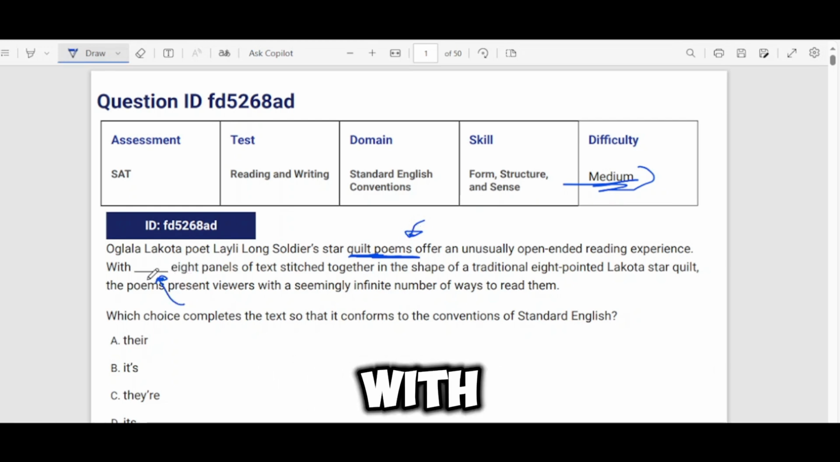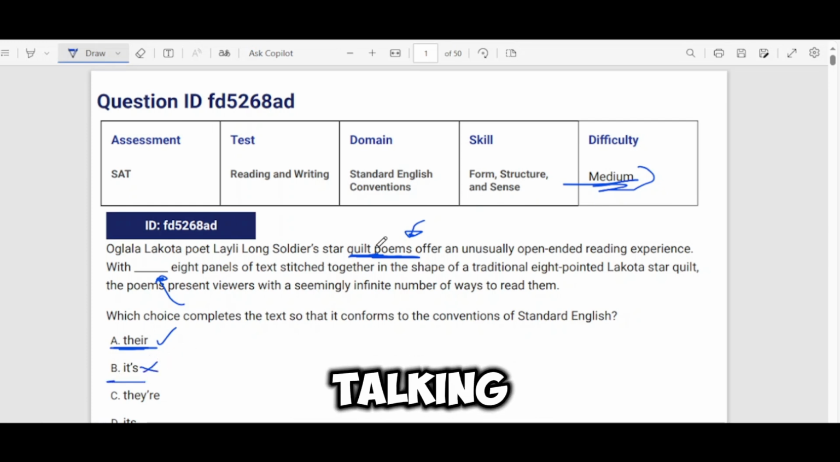Okay, so let's see. With their 8 panels. Okay, this seems correct because it's standing for plural. All right, with its 8 panels. No, it's not singular, we're talking about multiple poems. Okay, with their 8 panels,